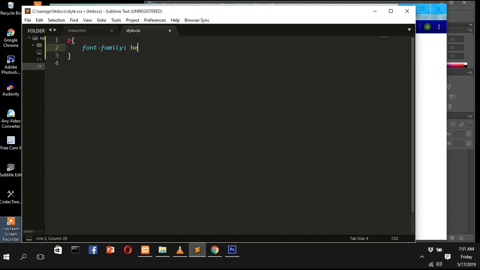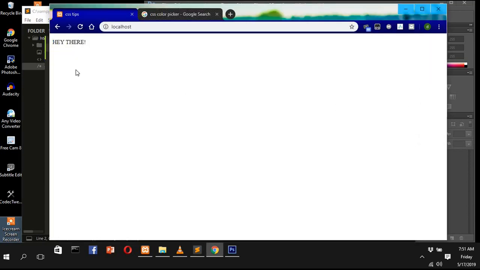So for now, let's say we want to make this Helvetica. Okay, yeah, spell that right. Helvetica. Okay, I think that's right now. So go ahead and save that, come to your browser and hit refresh. Now you can see the font family of this text changed. Okay, so that's one property in